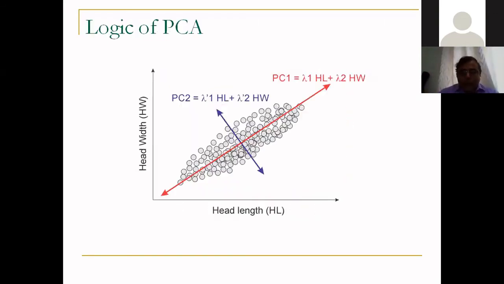Now you have to understand one thing, and that is, if you have two variables, you will have two principal components. If you have n variables, you will have n principal components. This is a very weird statement, okay, but that is how it works. So if you have 20 variables in your data sets, you will actually end up with 20 principal components